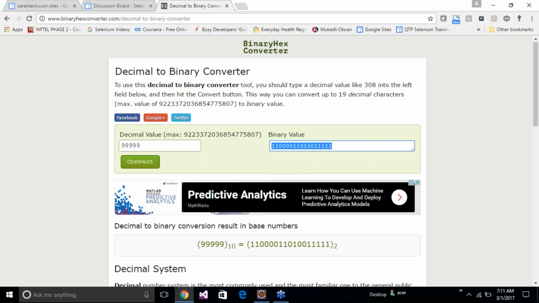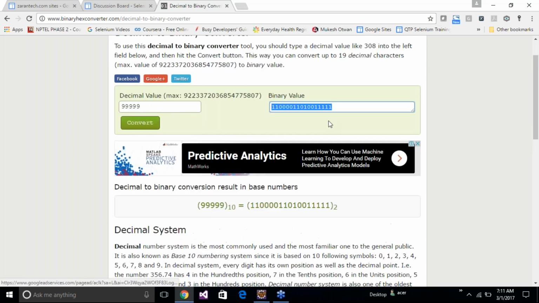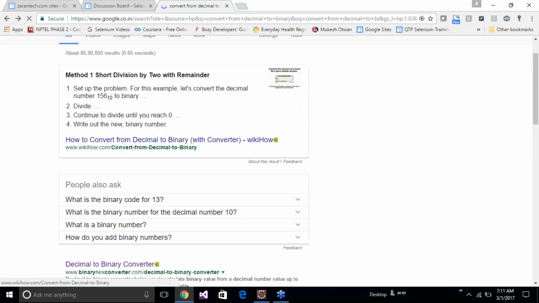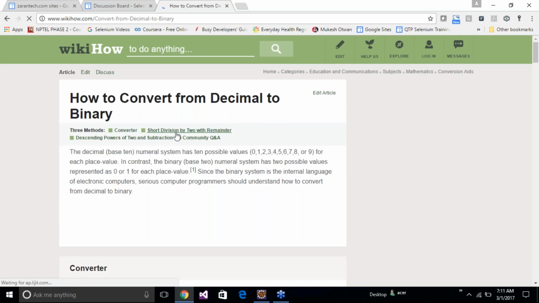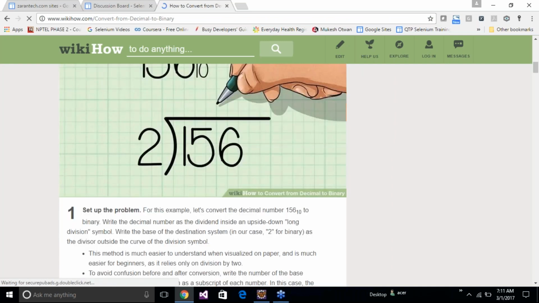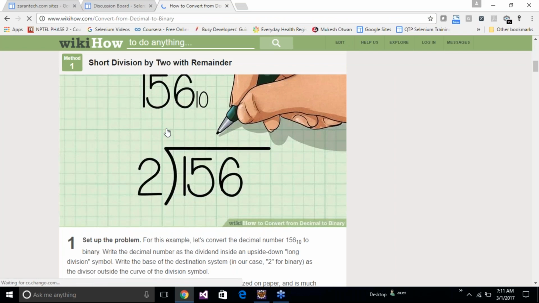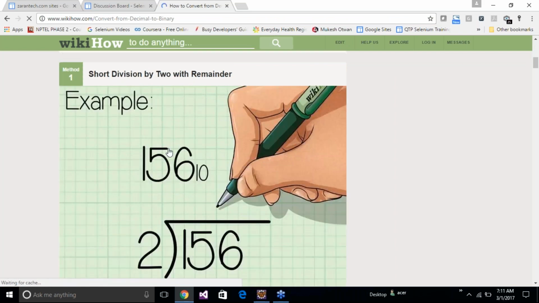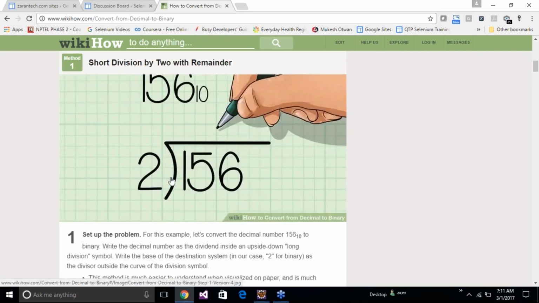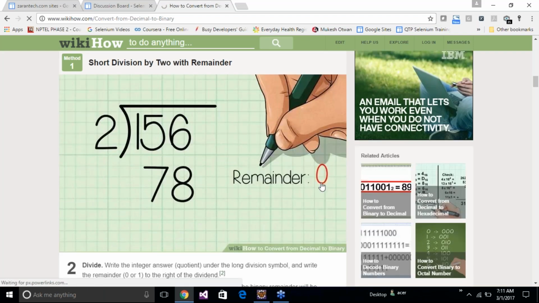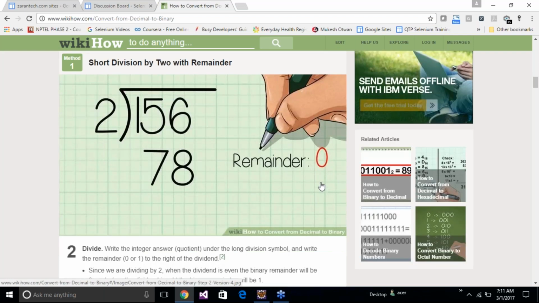Okay. This is how it is done. What you actually do is divide it by 2. You can look at this particular aspect also. It will give you a comparative analysis of how it is done. So you see it is dividing itself by 2. This particular decimal number is 156, which is divided by 2, and you get 78, and the remainder is 0. You can see that. And further analysis,